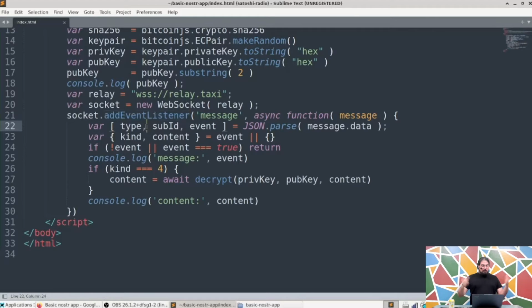So what's it going to do? Well, Nostr events have a number of different attributes to them. Like they have the type, they have the subscription ID, they have the event attribute, kind, content. Lots of stuff is in a Nostr event, which we're going to show you more about as we get into them. But what this is doing is it's pulling out all of those different attributes,